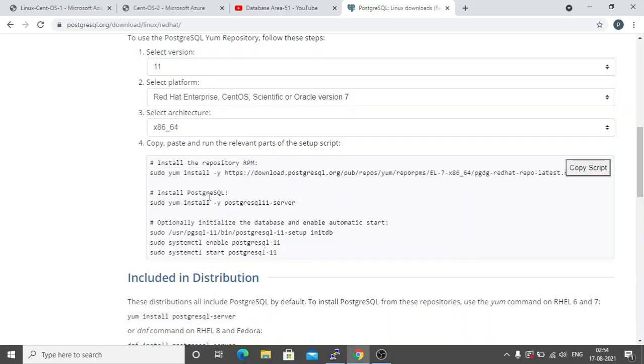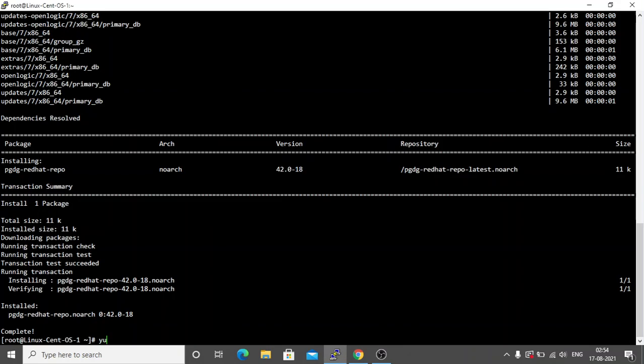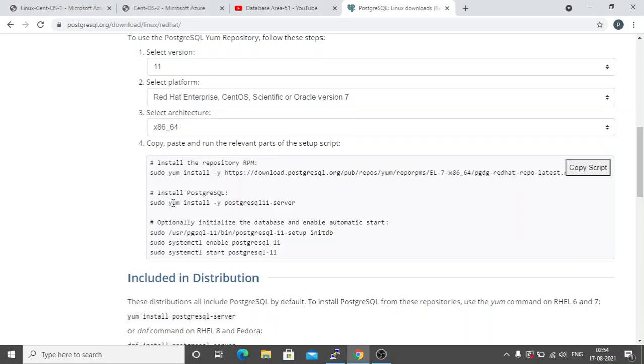Now we will be installing PostgreSQL. Again you have to use yum install, and I am already in root, so I do not have to enter sudo. I will be typing yum install postgresql11-server. The -y is for yes.